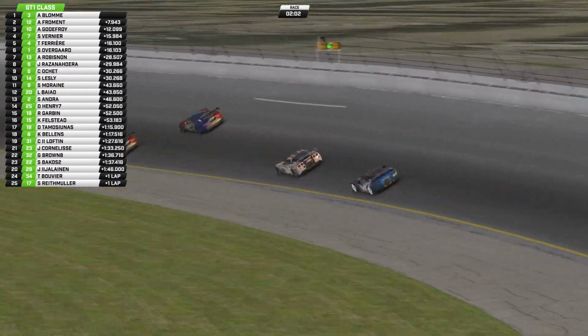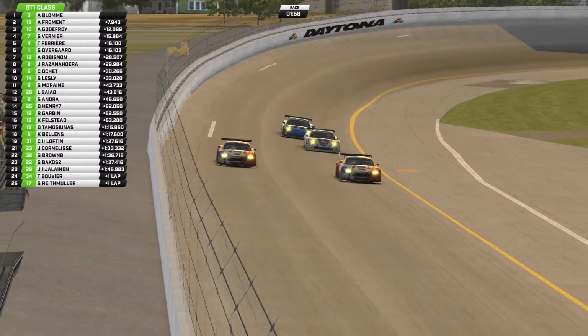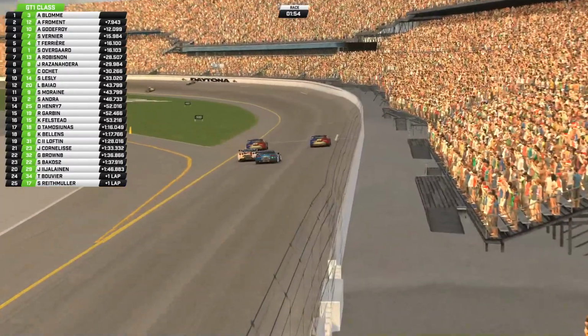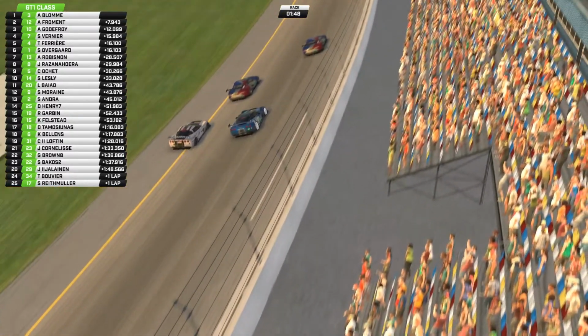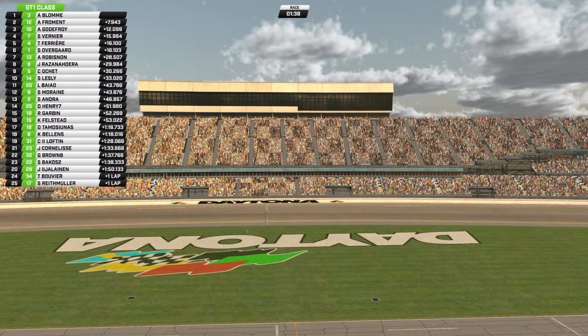Oh, so we get a replay of the car number 1 and the car number 4. The car number 1 hugs the back of the car number 4, Thomas Ferrier. He goes to the outside. How close was it? How close was the gap? It was very close. On a slow-mo, he was very close. I mean, all I'm going to say is Ferrier was